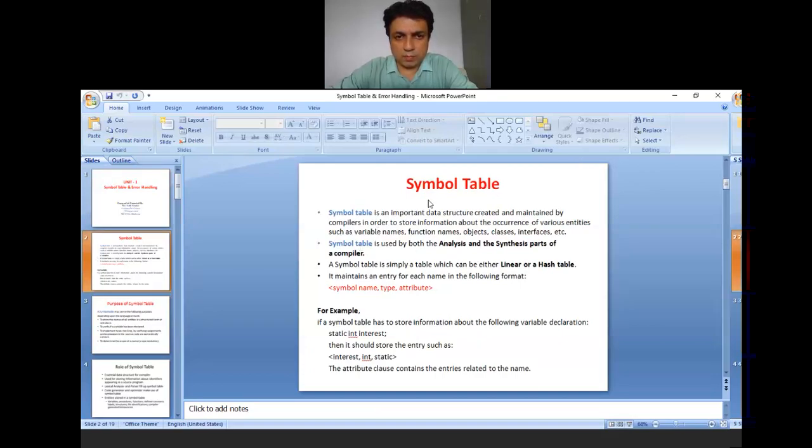Now the symbol table is an important, all of you see the slides clearly.